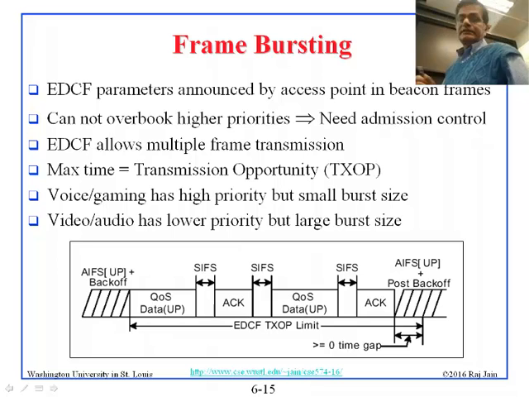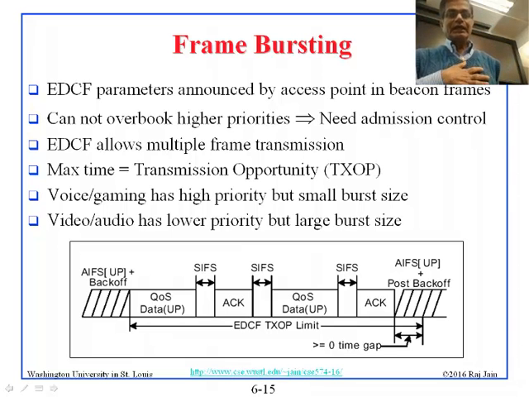So EDCF parameters announced by the access point in the beacon frame cannot overbook higher priorities. So the thing is that all the higher priorities have to be booked, have to be reserved. So you can say, well, I want to do 3 megabits per second, and the station will give it to you. If you say I want 55 out of 55, they will say no. I mean, obviously, I think there's no guideline in the standard which says when you have to say no, but just the practice is that you don't want to reserve more than 25%, and everything else has to be left in the